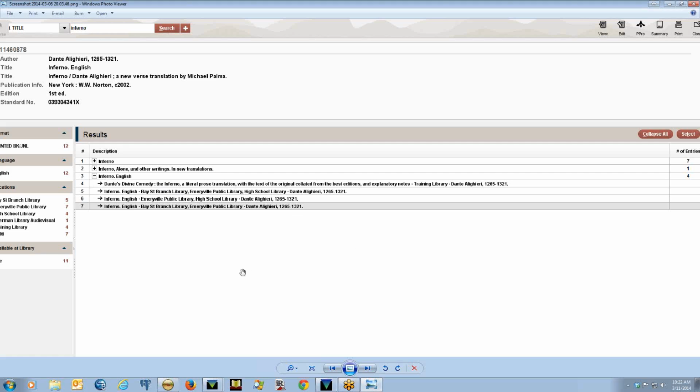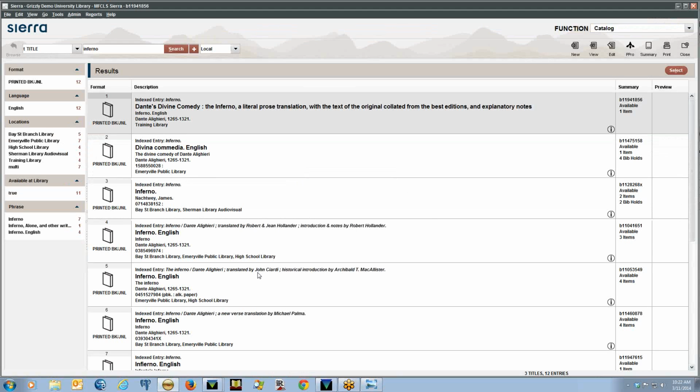So if you prefer that view, there may be some that prefer that view of the index, we can certainly make that happen for you. That's totally a preference thing. It'll work the same either way. Regardless of which view you use, either the default or that more Millennium style view, which they call compact browse,